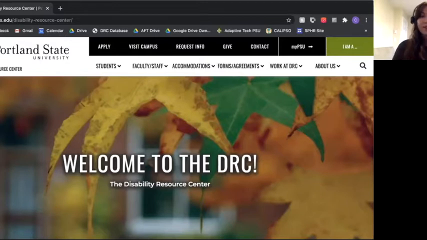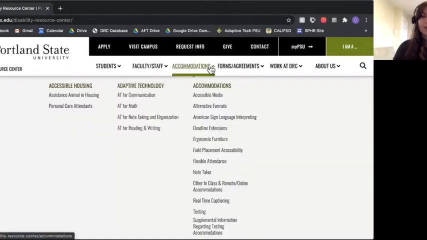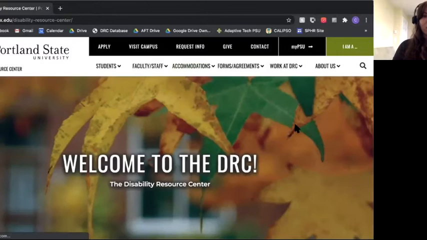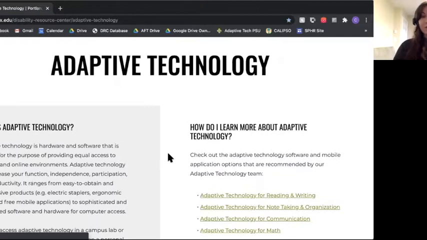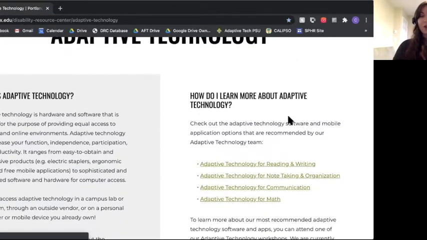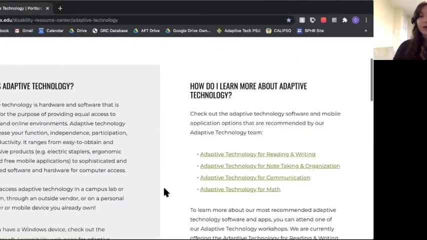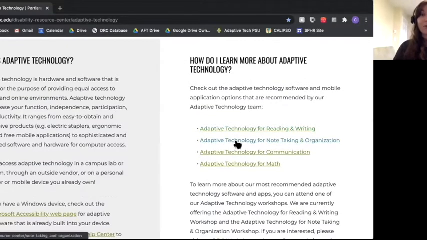To find the adaptive technology webpage, go to the top menu and select accommodations, and from the drop-down menu you can navigate to adaptive technology. Once this loads, on the left it briefly describes what adaptive technology is, and on the right column are different categories of adaptive technology.